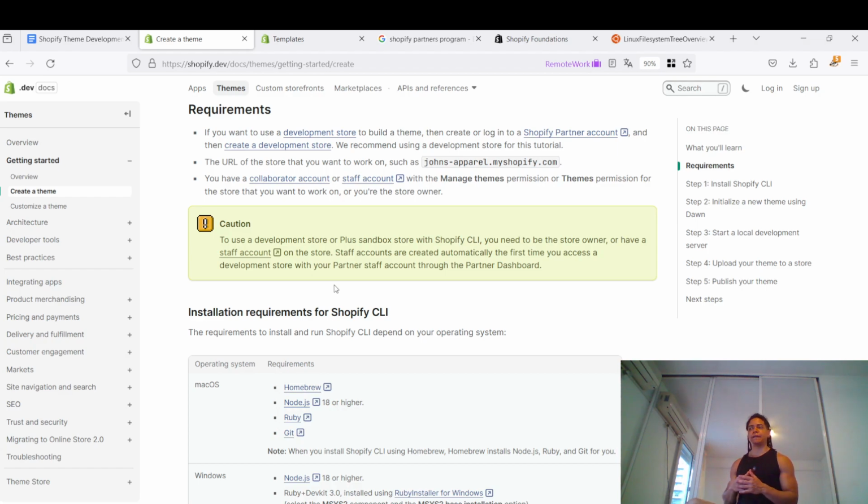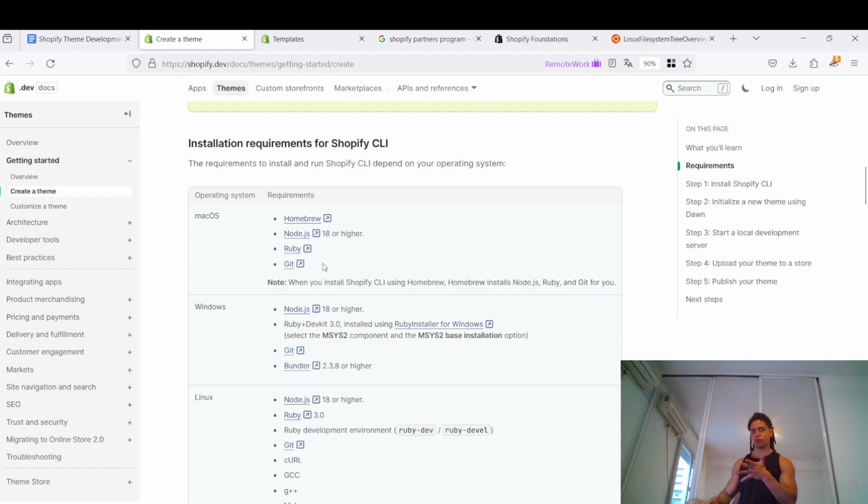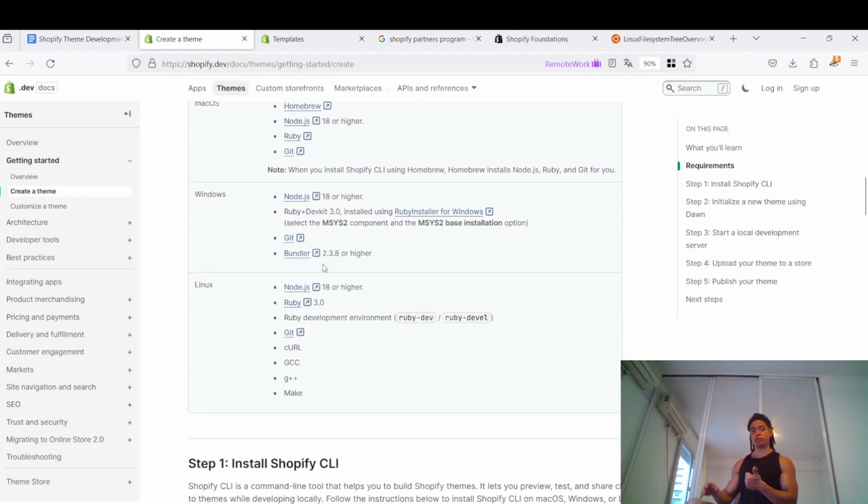So that's the requirement here, and then you need some installation requirements, which, depending on your OS, first you need Node because this is where you're going to mainly live. Then Ruby, which is heavily used for running several servers, especially for the Shopify platform. Ruby, I already installed with RVM, the Ruby version manager. Because they have a particular way to install, they rely on using